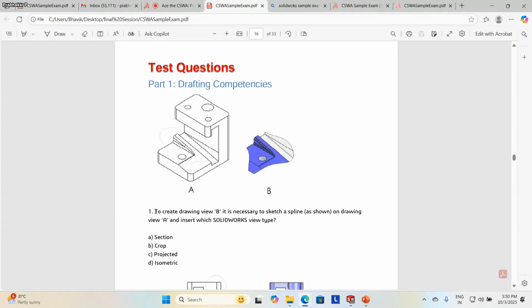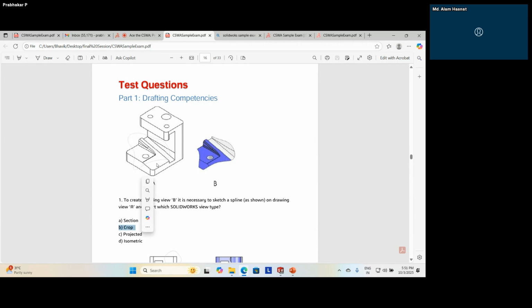To create drawing view B, it is necessary to sketch a spline on drawing view A, and insert which SolidWorks view type? What is the name of this view type? The options given are A, section; B, crop; projected; and isometric. The answer will be B, crop. Crop will be the answer for this particular question.